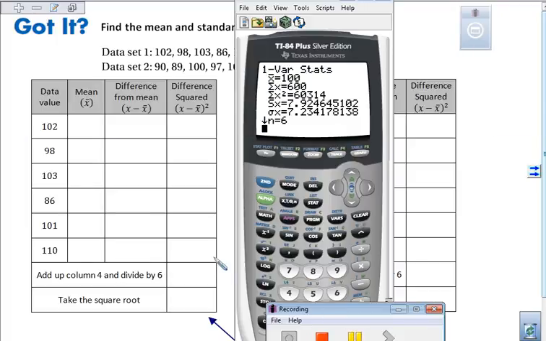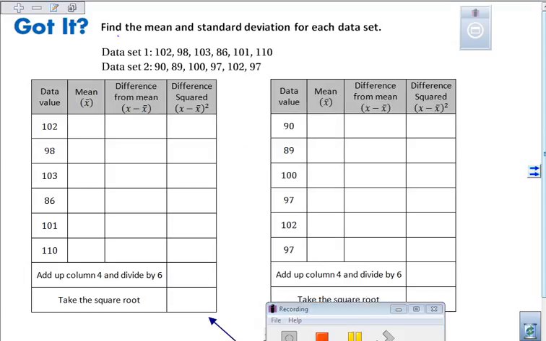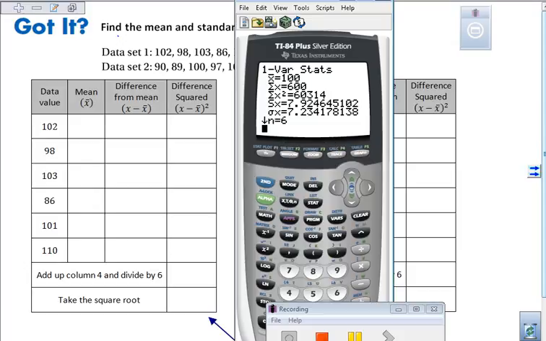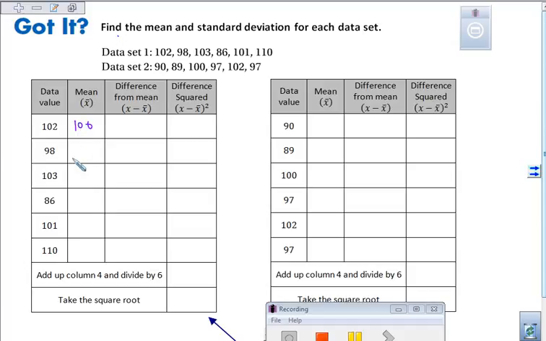So now I need to fill in my table. I have my x bar, and my x bar is the same for all of the data. So my x bar, we said, was 100. So I'm just going to type in 100 on each one of these. And then I need to calculate the difference from the mean. So I'm doing 102 minus 100, 98 minus 100, 103 minus 100,